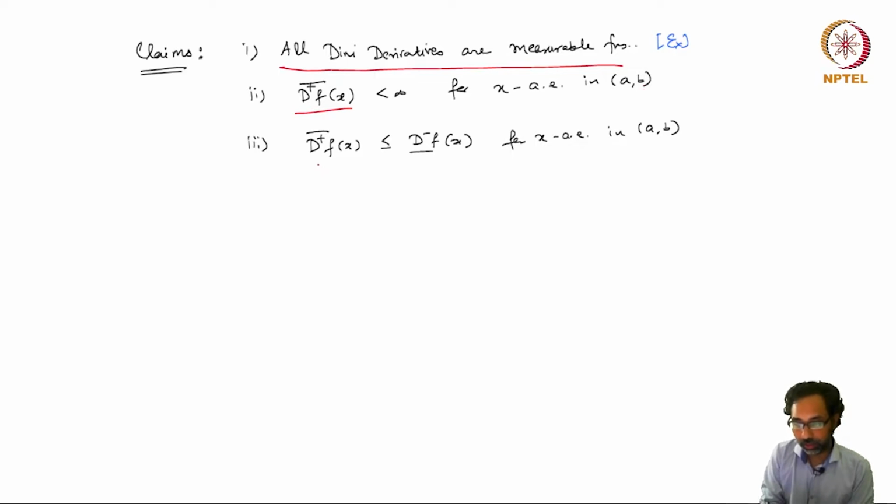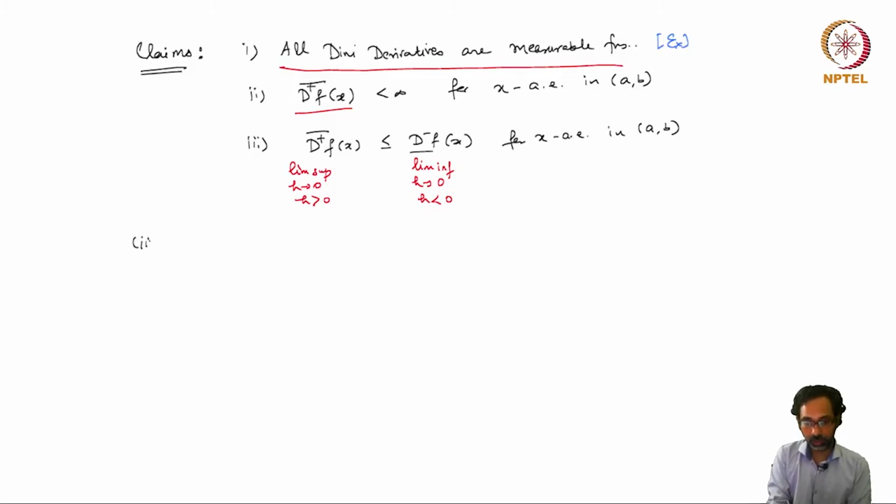And the third one claims that the d plus upper bar, meaning the lim sup taken for values of h strictly greater than 0, is less than or equal to the linear derivative d minus f lower bar, which is the lim inf taken. So this is the lim sup as h tends to 0 from the positive side, and this is the lim inf as h tends to 0 from the negative side. So the d plus upper bar is less than or equal to d minus f lower bar, and in fact